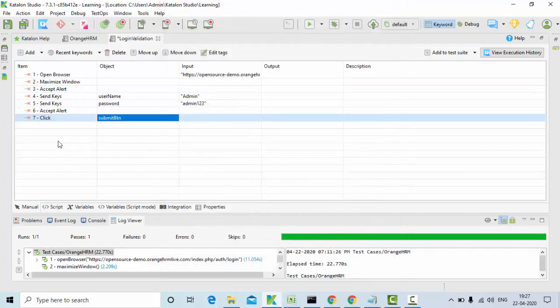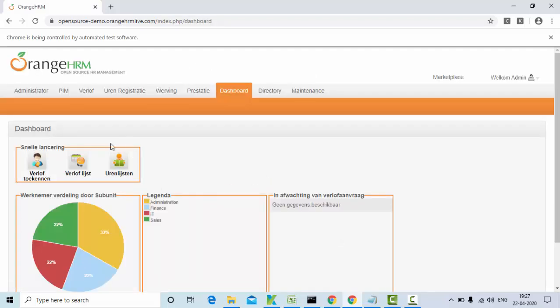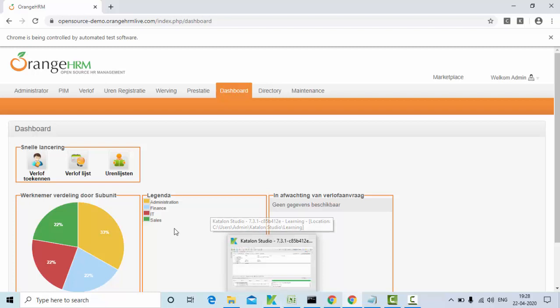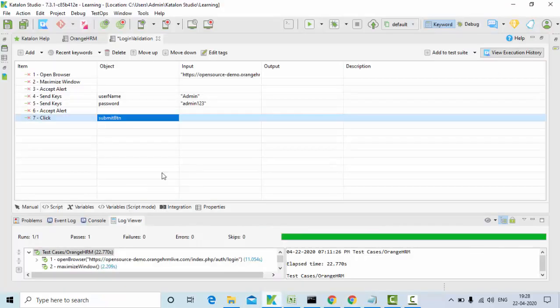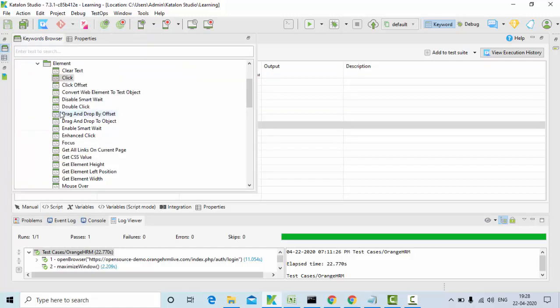Okay, then once I logged in, I'll just show you here, admin 123. Once I click on this login, I have this particular element, right? I have this element which I have already identified in manual mode. So I'll just verify that this particular element exists or not. Okay, so how do I do that? I'll just click on this and go to this,